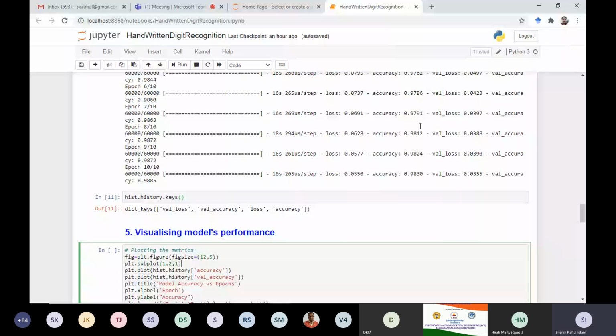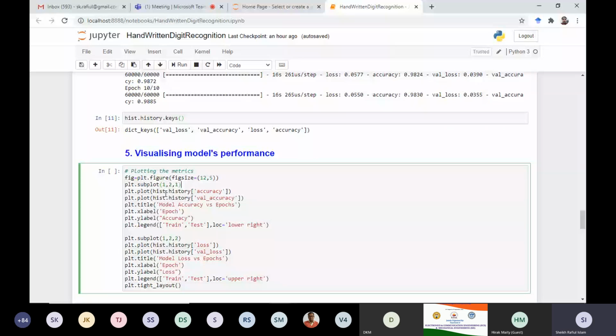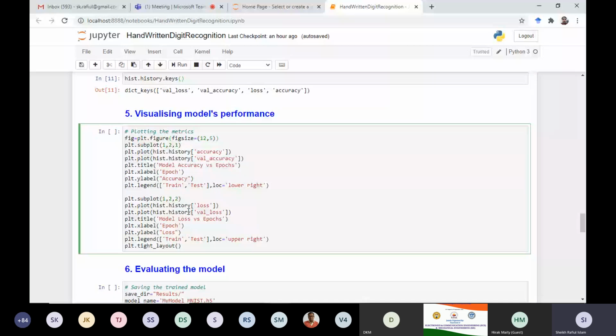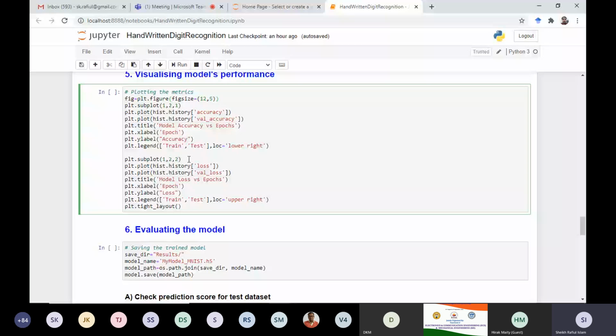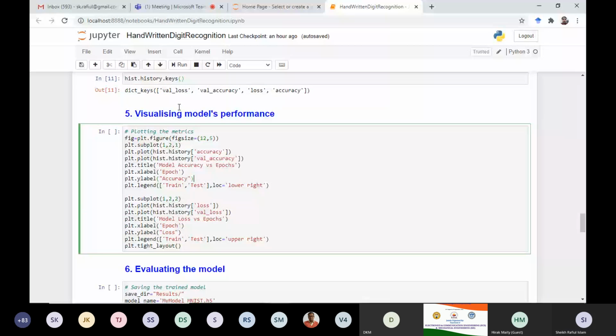Basically we are accessing these numerical values from the history, and these are the graphical methods. We are defining the size, subplot, X label, Y label, titles. These are very simple things to define, legends too. There are not many more things to understand. You can understand easily when you see them one by one. If you execute this, see, this is the output.